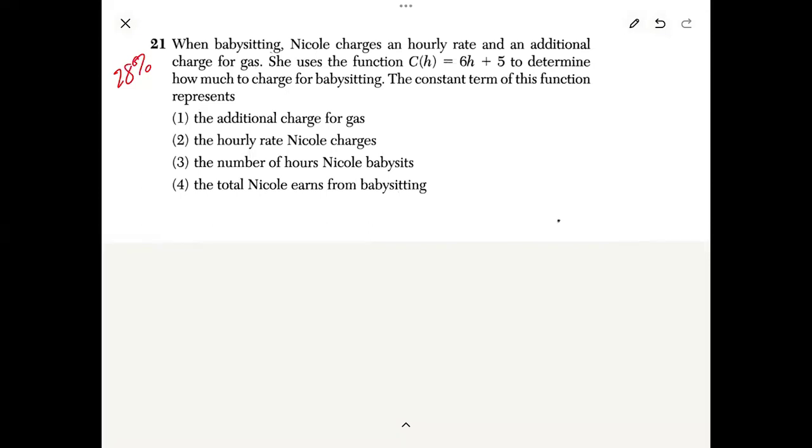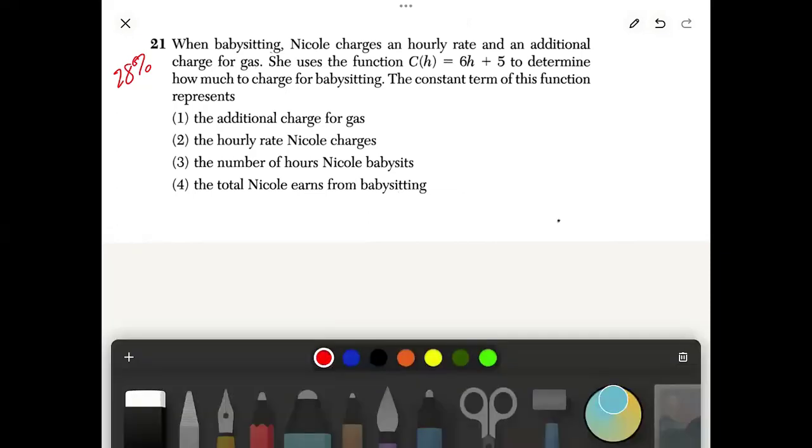It says when babysitting, Nicole charges an hourly rate. I'm going to underline that because that's important. An hourly rate and an additional charge for gas. All right, so there's 2 pieces here. She's got an hourly rate and she's got an additional charge. She uses the function C of H equals 6 times H plus 5 to determine how much she charges for babysitting. The constant term of this function